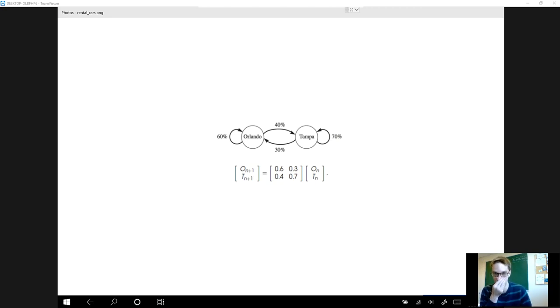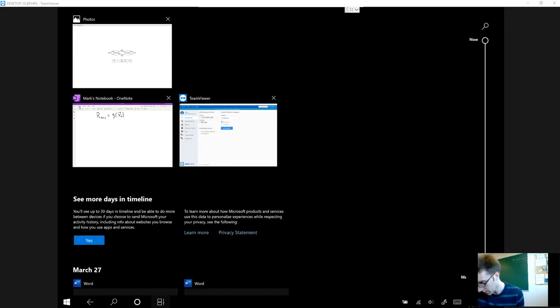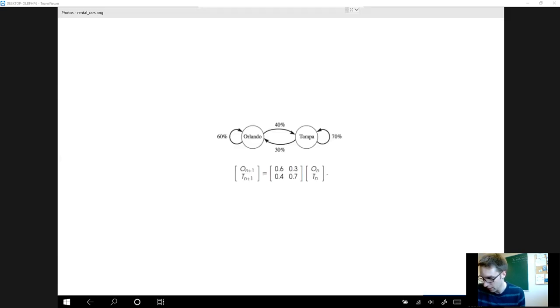Okay, now we know in the long run, on average, we expect that 3/7 of the cars will be in Orlando. And if we have 7,000 total cars, that would mean that we would expect the average outcome to be 3,000. But what if 3,000 is okay, but 2,900 is not enough? Can we compute probabilities like that? All right, so let's think about how we would do that. So I'm going to fire up Octave,